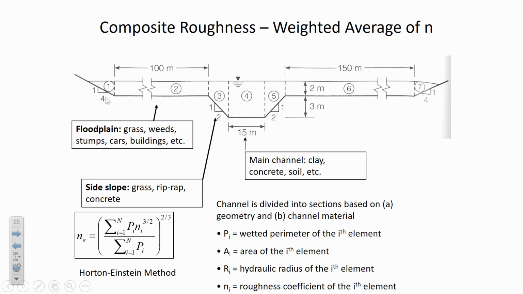a weighted average. And I just wanted to show you one of the methods that's identified by the book. The Horton-Einstein method says that what you can do is calculate a weighted n value on the basis of wetted perimeter. Because the theory of this is that it's the wetted perimeter that imparts resistance. It's not necessarily the cross-sectional area that's imparting resistance, but it's the water's contact with the actual length of some